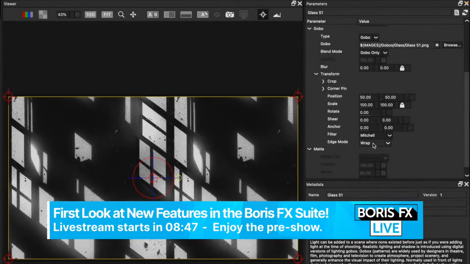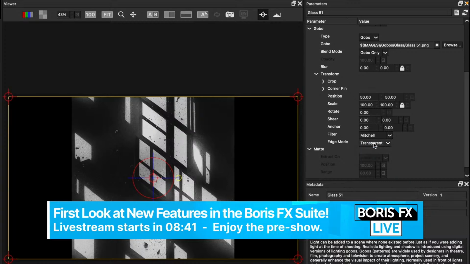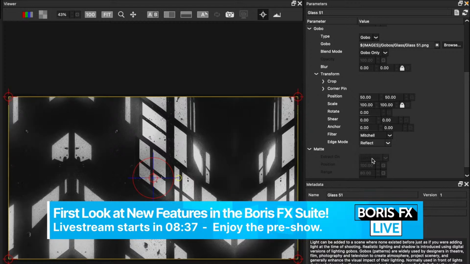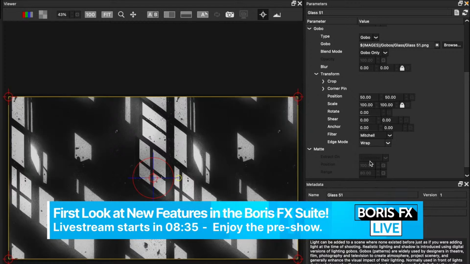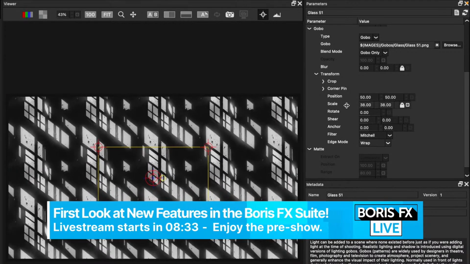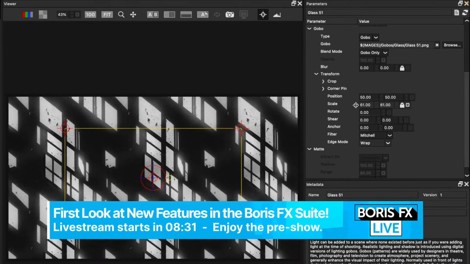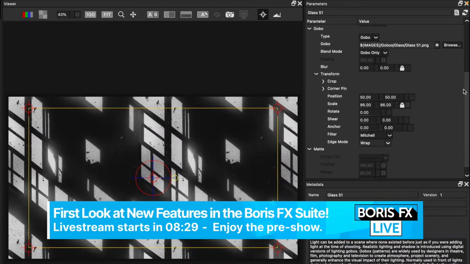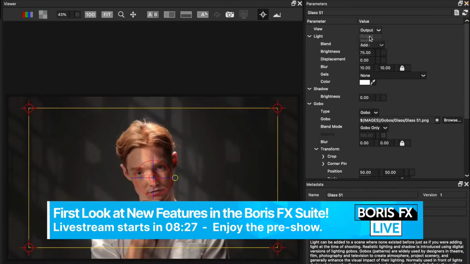It's currently set to Wrap, which allows this texture to be seamless. To see the original texture, switch this to Transparent. You also have additional edge modes that you can take advantage of, such as Repeat, as well as Reflect. I'll switch this Edge Mode back to Wrap and decrease the scale so you can see the seamlessness of this texture. Scrolling back up to the top, I'll change my view to Output, increase the brightness, as well as blur